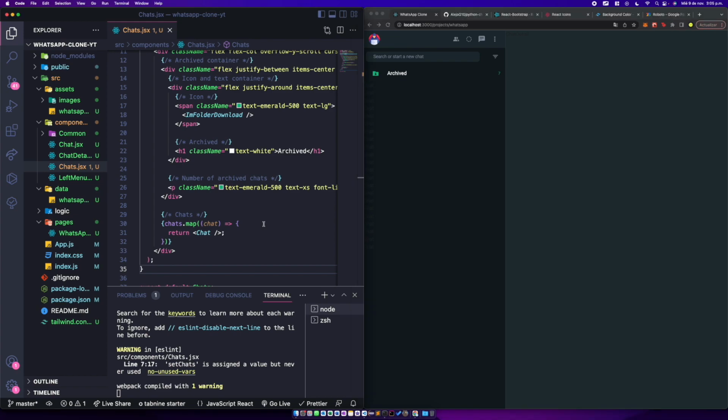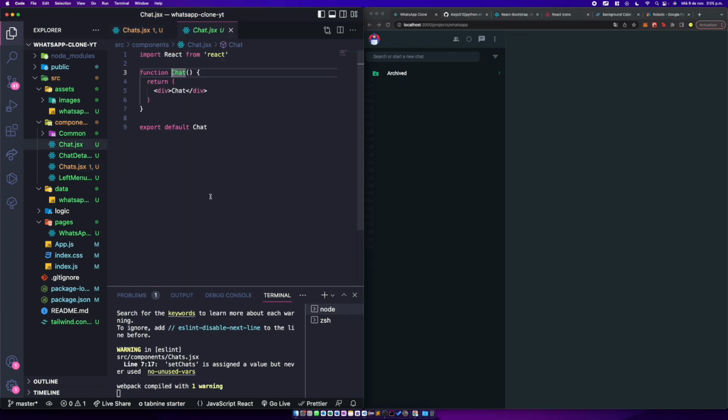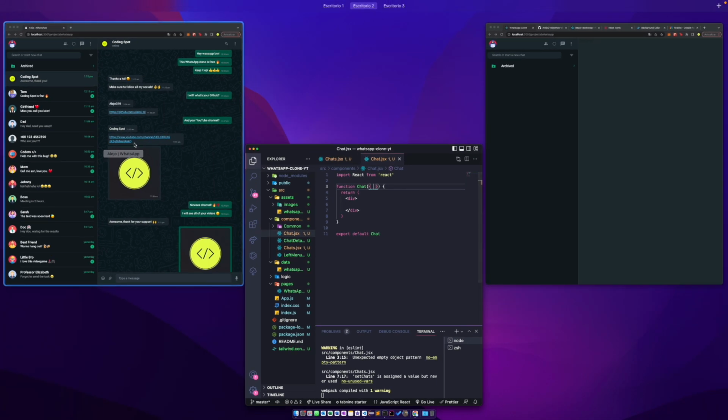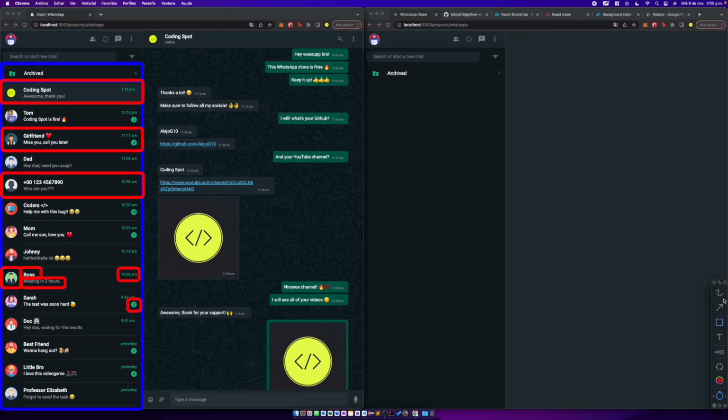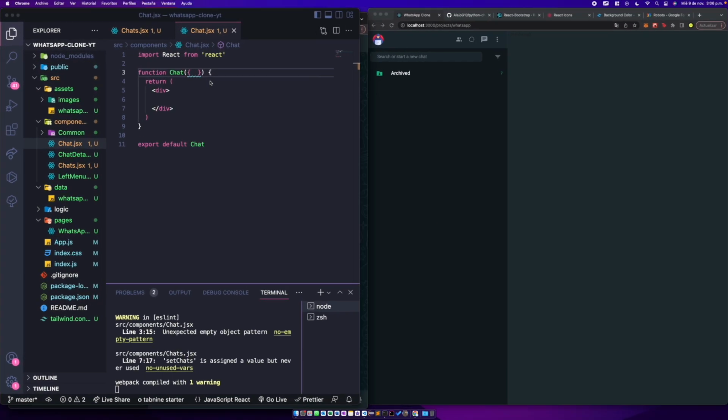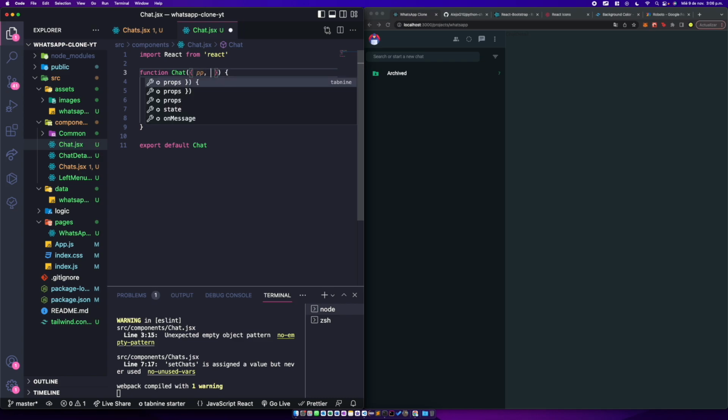Okay. So now we need to go to this chat component and we need to start designing or styling a chat component. So first of all, we're gonna receive some props. So what does a chat need? We need an image, so a profile picture. We need a name. We need a message, a time, and the number of unread messages, right? So we need a profile picture. We need the contact name, the message, the time, the unread messages,